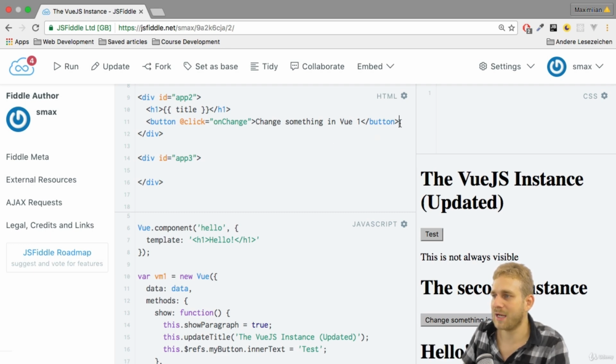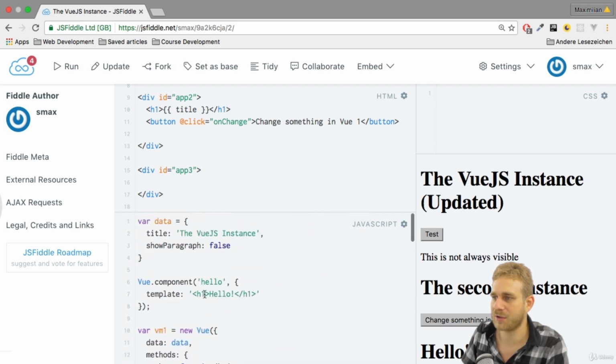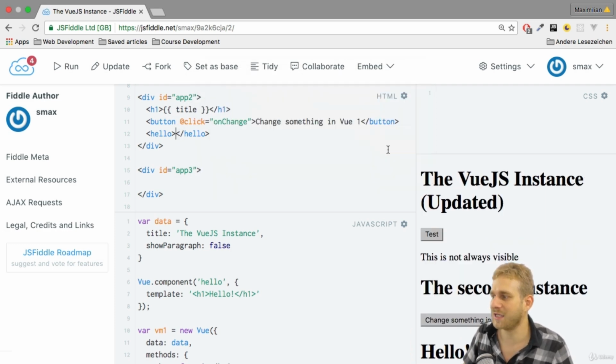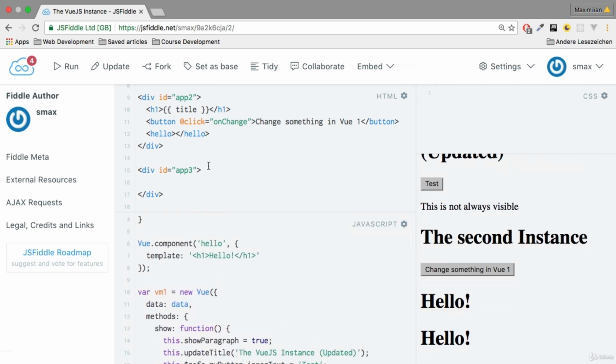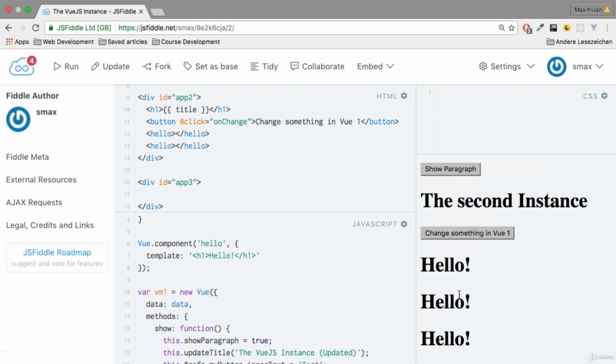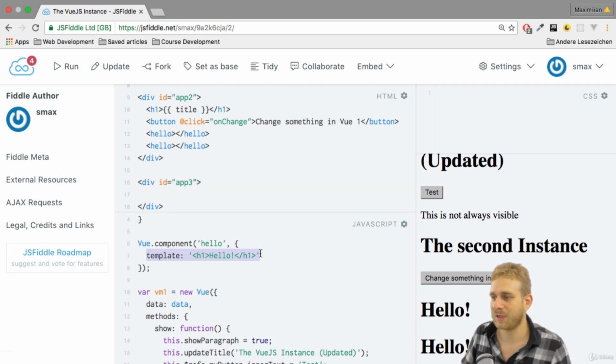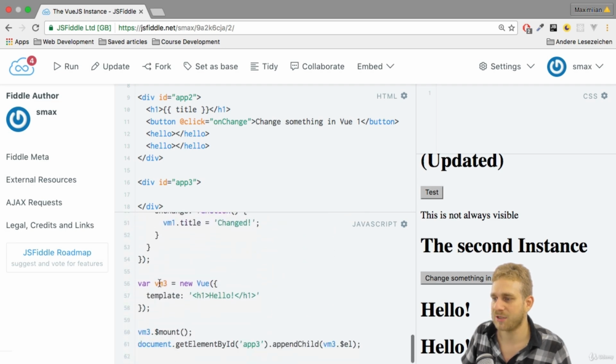For example, here in app2, because app3 will get replaced with its own template entirely, so that would not be a good example. But in app2 we don't do this, so let's enter hello here. This new element, which clearly isn't a default element, but the one we just created, and indeed we see hello over there. And if I enter another hello in this app2 div, then we see two hellos, and the third one is from the third instance down here. So with that, we now get a reusable component with its own template, using the same template property as we do down here, but now giving us the possibility to use that all over the place in